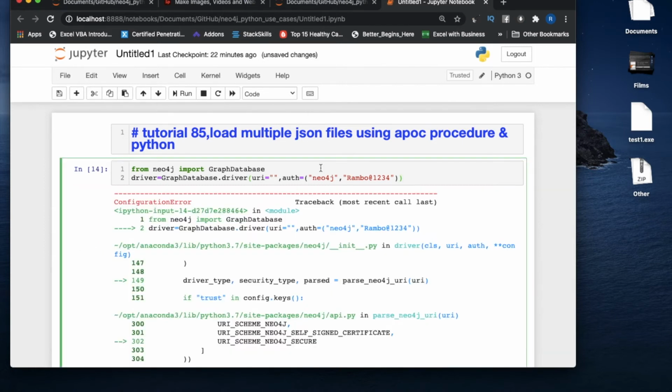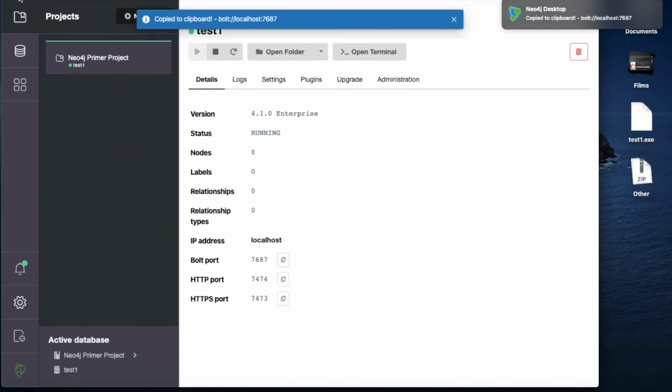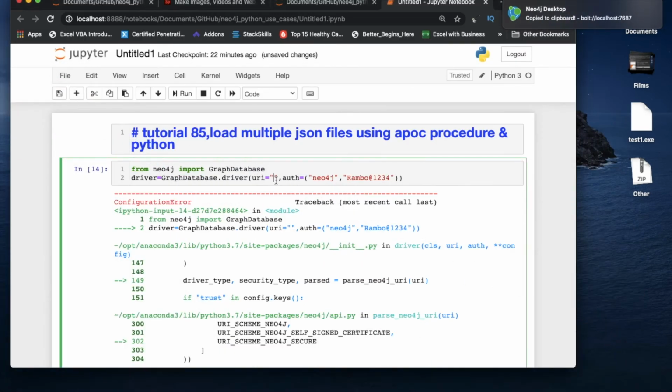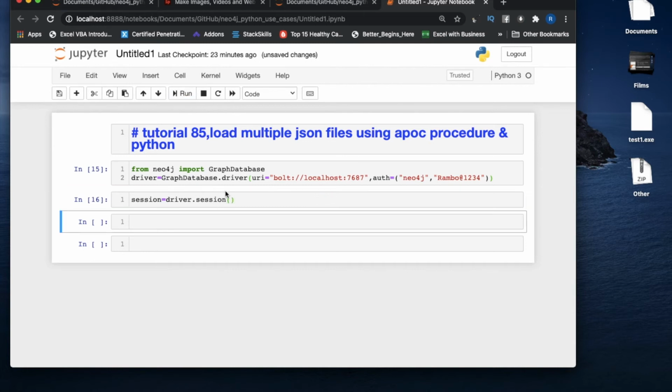Sorry, I actually ran this by mistake, so I have to use this, the URI. So let me just take this. What I'm saying is, try to change this password, or if you are working on a cybersecurity related program, your company will definitely provide you some sort of privileged access management system. Okay, then session is going to be driver.session, like this. Okay, all is done.